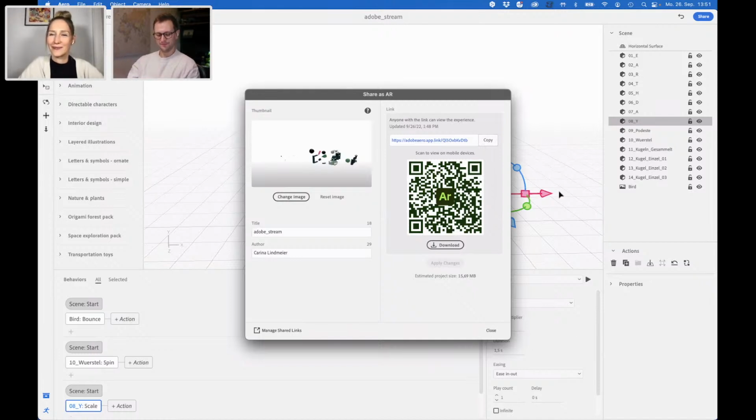Sorry, I'm just playing around with it now. I've managed to get it to work. And how do you like it? So the difficulty I was having is I was opening Aero and then scanning the QR code, when in reality I should have just opened my camera and got the QR code as a link. Yep. And now I have this whole scene on my desk. And are you excited? Yeah, this is cool.